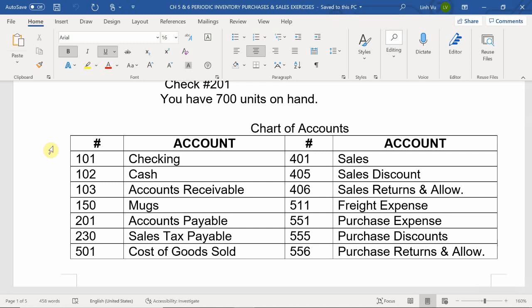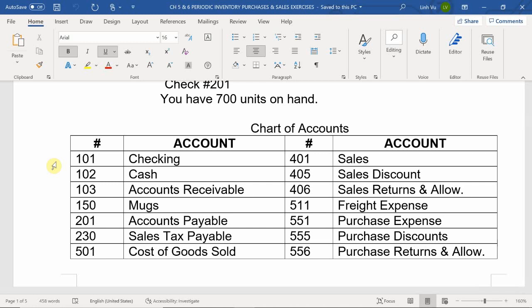Purchase expense, because it's periodic inventory, right? But we buy mugs, so is it a sub-account, mug, or we don't use